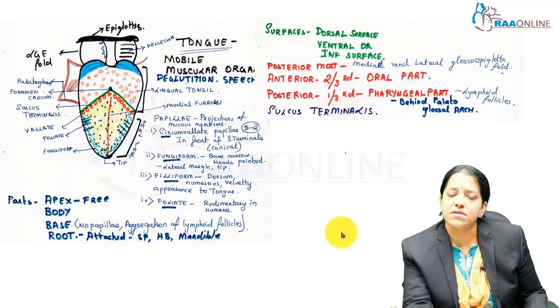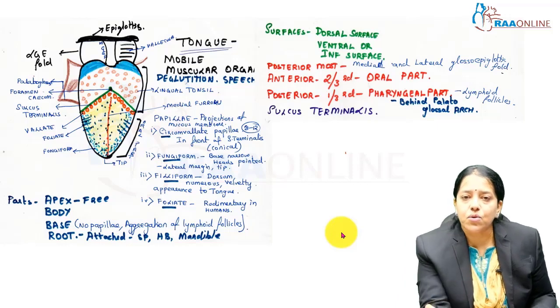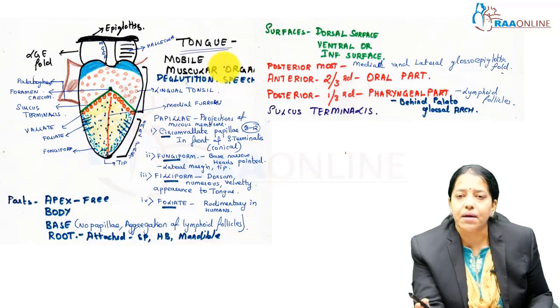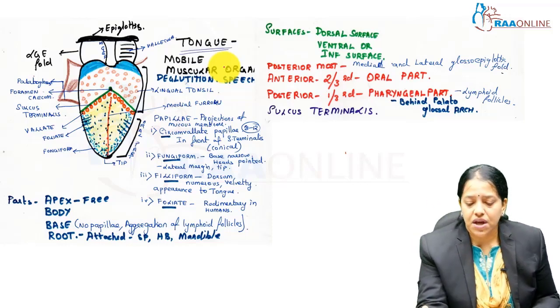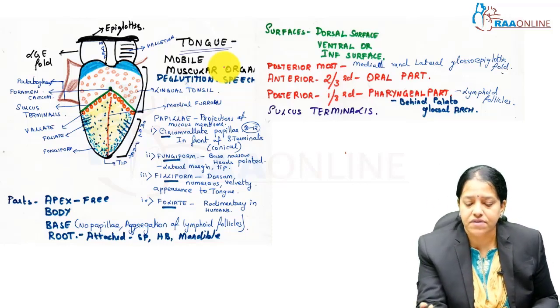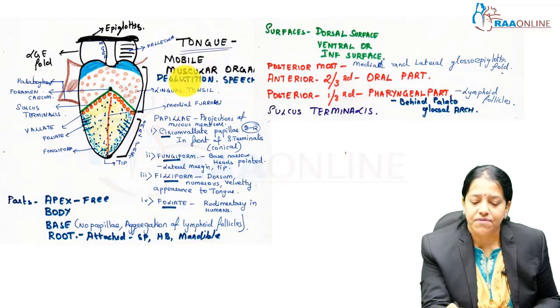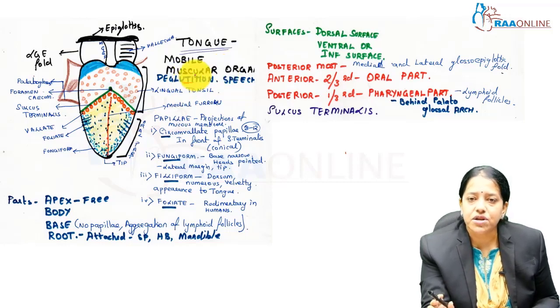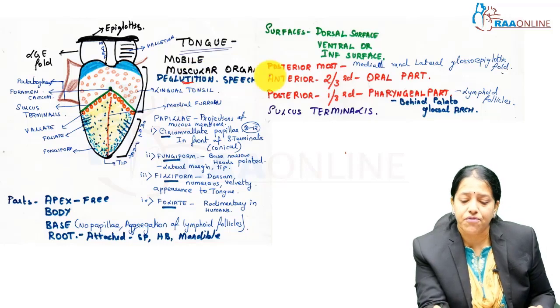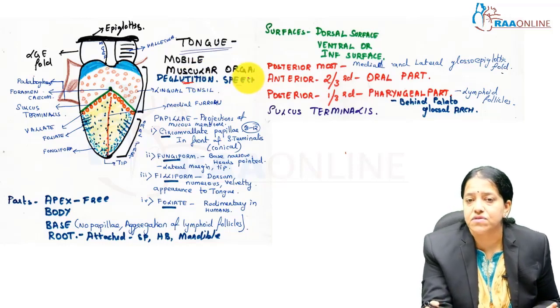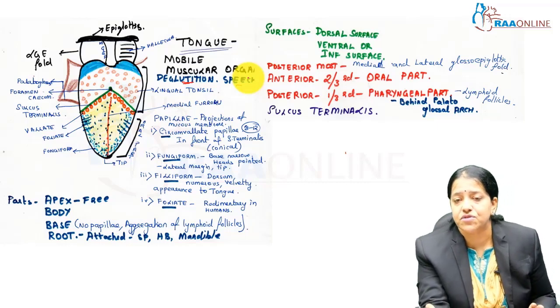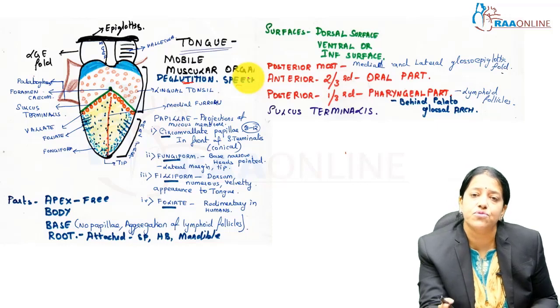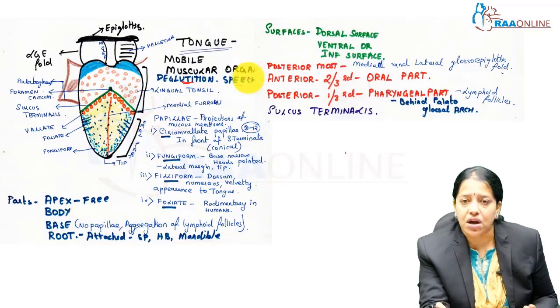first know the tongue is a mobile and a muscular organ. And what are the functions of the tongue? The main function of the tongue is deglutition. Definitely it is very important for speech. It is also going to help us in mastication movement. So definitely for chewing the food and mixing the food with the salivary secretion, the tongue is a very